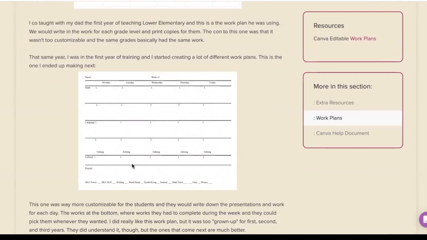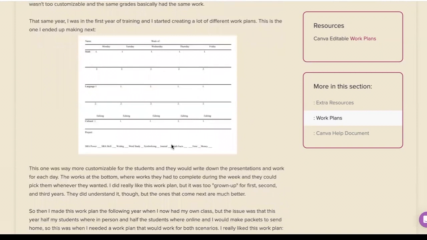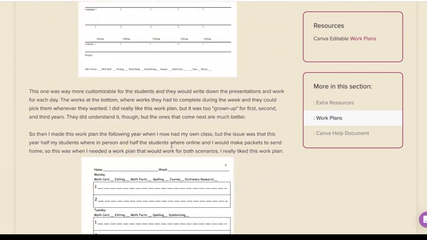But it was a little too grown up for first, second, and third grade, but it could go either way. They used it and it wasn't too confusing for them, so it was kind of nice. It looks nice, but I was just like, I know I can make a better one. So then the next year,